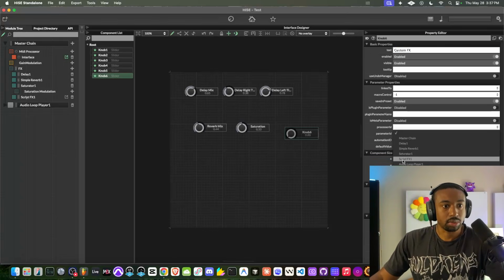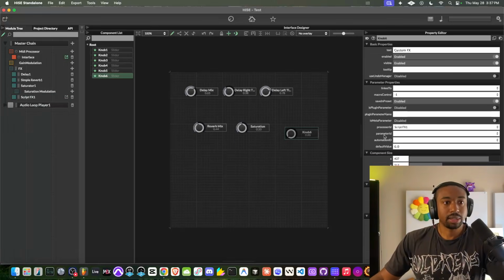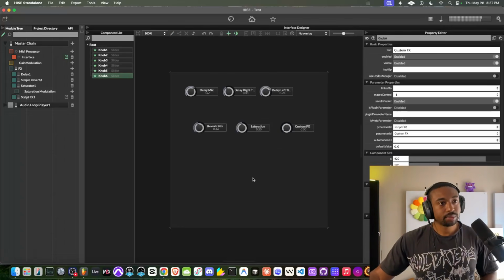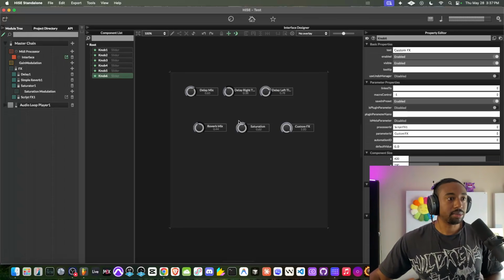So let's go to, where's it at? Script effects, because then it's going by the name here, not the name of the actual knob. So script effects, and then we have to find the parameter called the custom effects. And this should control the wet level or the blend knob, if I did this right. Okay, so it doesn't have that much of a different sound,